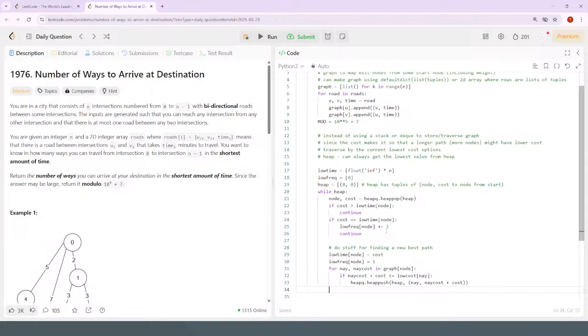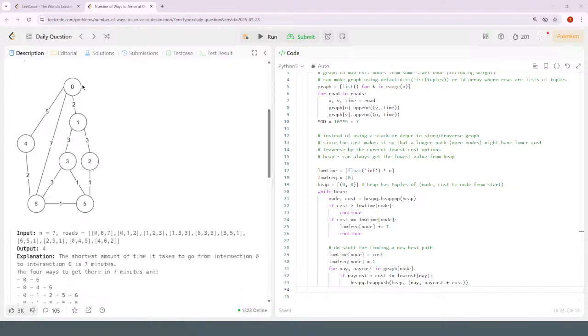So I think I need to include the... so the first time you detect that there is a quick way of getting there. So let's say you found that from 0 to 6 the lowest cost was 7. But let's say,